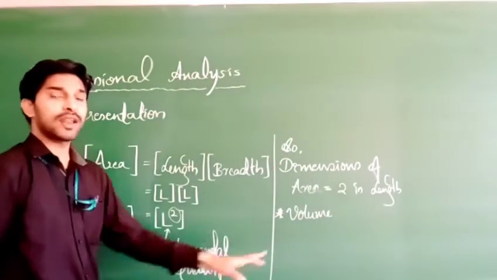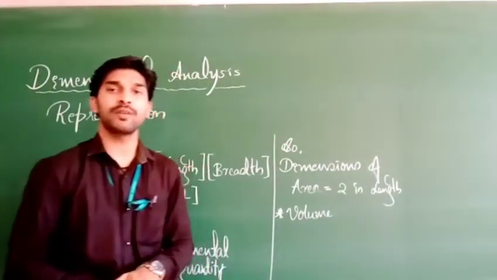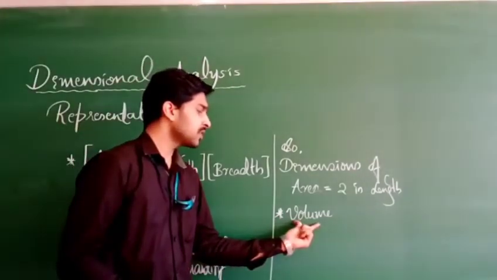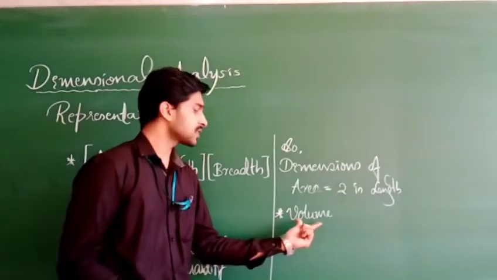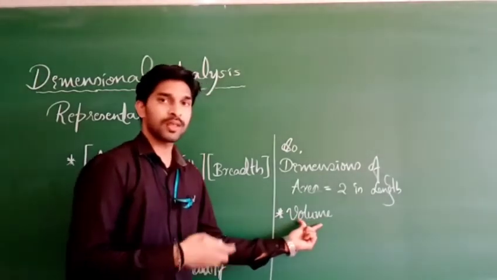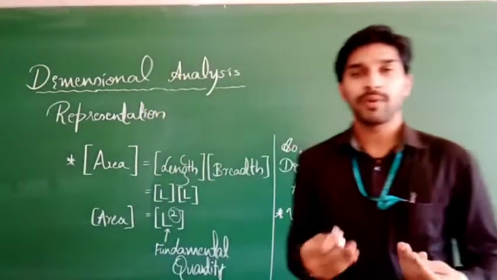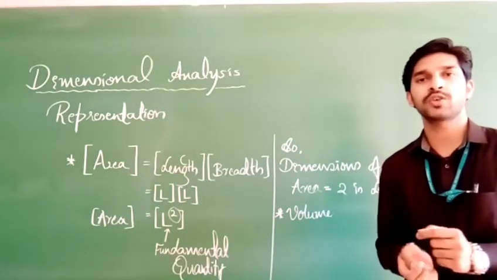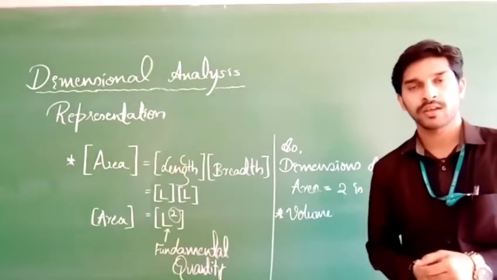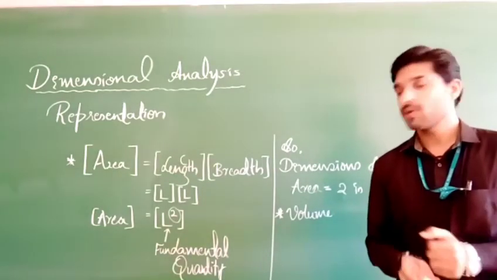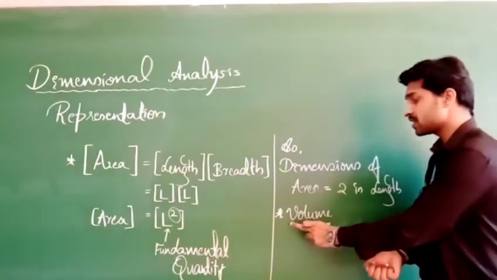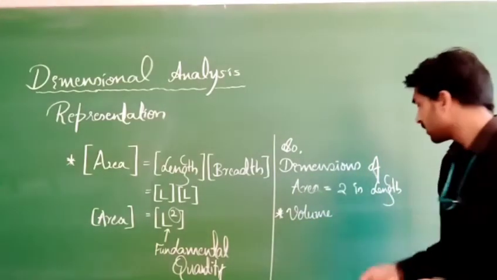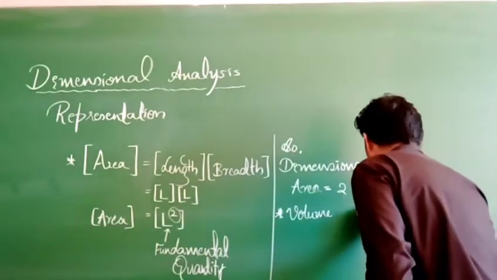if we are having volume in examination, how they will be asking in board examination means, write the dimensional formula for volume. If they are asking the dimensional formula for volume, what will you be writing? Basically what do you know as volume? Volume is nothing but, just imagine a cuboid or a rectangular box. So if we consider a rectangular box, how are we going to measure volume in that? First we will measure length of that, correct? Here if I draw a rectangular box for you,